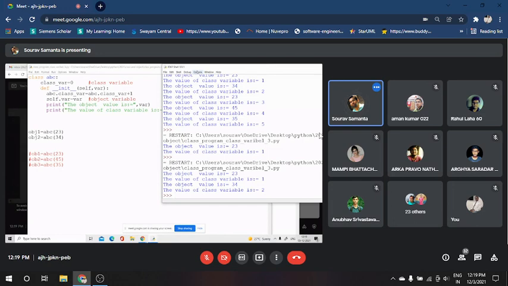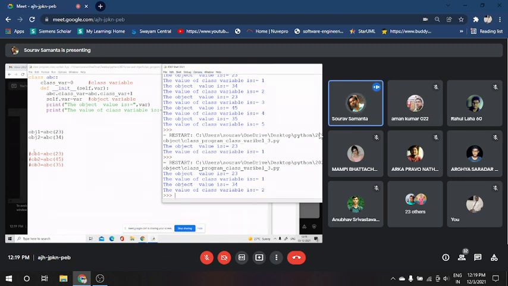ABC23 is printed here, and the value of the counter is also printed. And immediately when we are passing obj2 equal to ABC34, the new object will be created. As a result, the value of the class underscore var will be incremented by 1. That's why we have got the value 2.